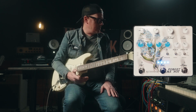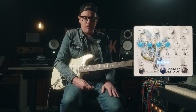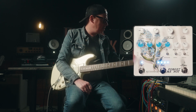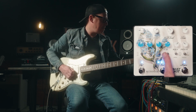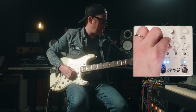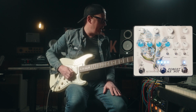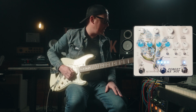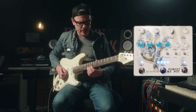All right, so then we come to the next lead section, and I use the same delay with clean and overdrive. I moved to a dotted division there. The spacing is the same. The degrade, I brought up to its highest level, and I am really running that head in pretty heavy. And I went to the random on the wave, and I brightened up the tone again. It's just a really nice